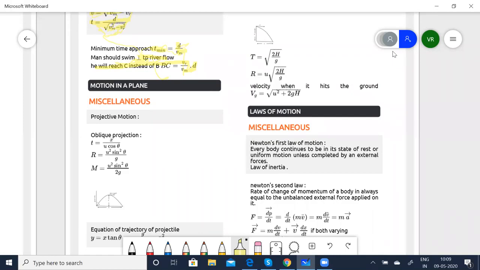Okay. So generally, what are we going to cover in motion in a plane? When I say motion in a plane, it is like the plane is going to be in space. It is going to have all 3 components, that is the I, J, and K components if it is a vector, or X, Y, and Z axes when it is a coordinate. That means it is going to have X, Y, and Z coordinates. Before that, let me go about the vectors.